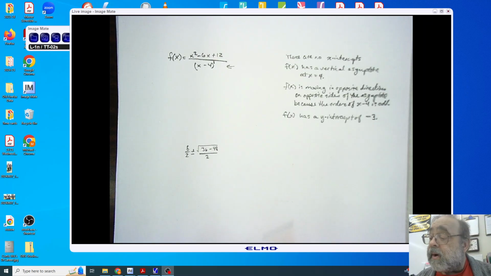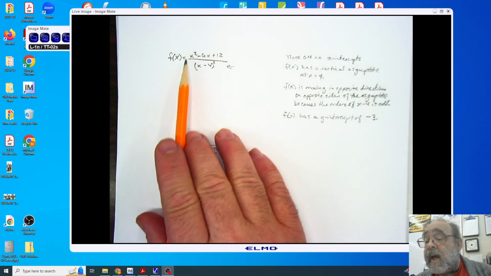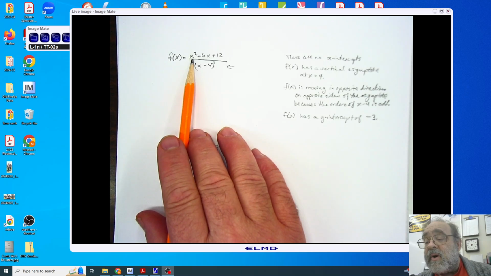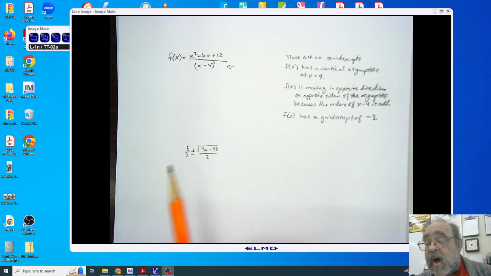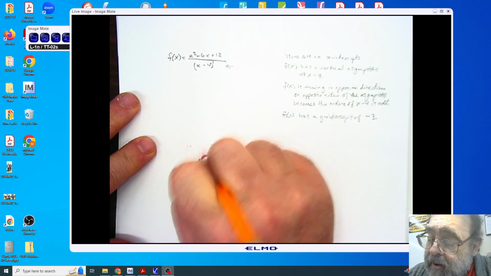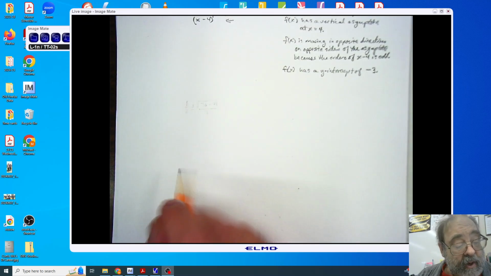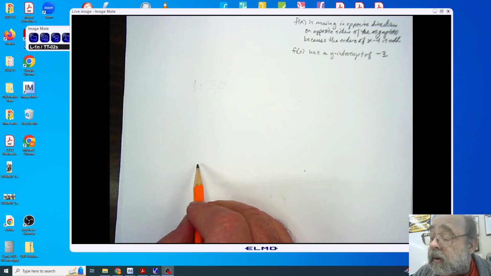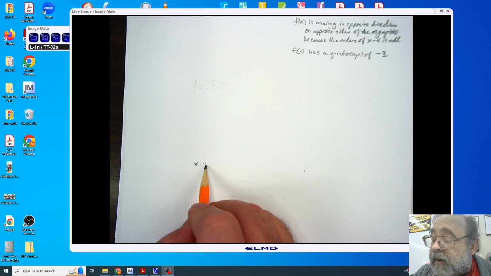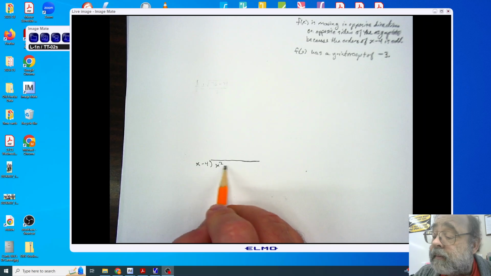The next thing I'm going to want to find is my slant asymptote. And I know there's a slant asymptote because the degree in the numerator is higher than the degree in the denominator. And I have two choices. I can either use synthetic division or I can use long division. Now, we've done long division in the past. Let's just look at it. This is where we take our denominator and we put a divisor, we put it outside, our dividend goes inside,